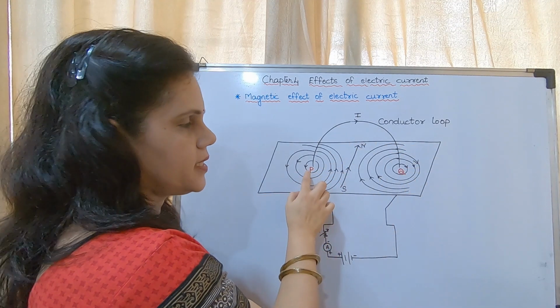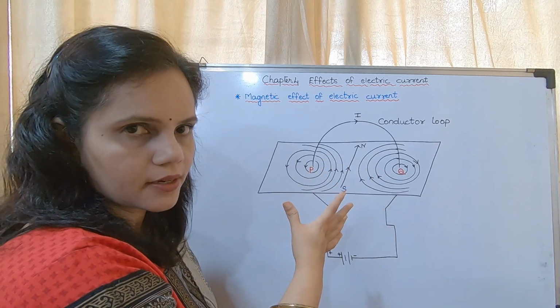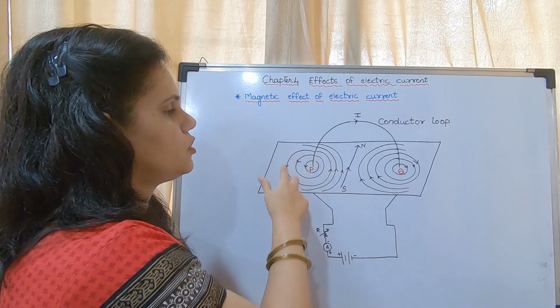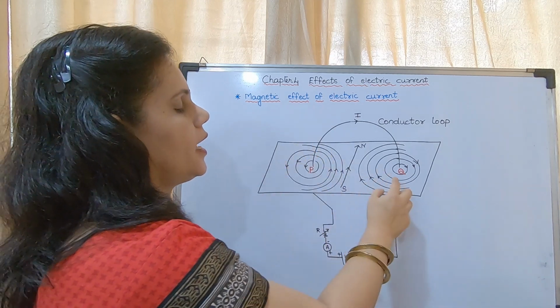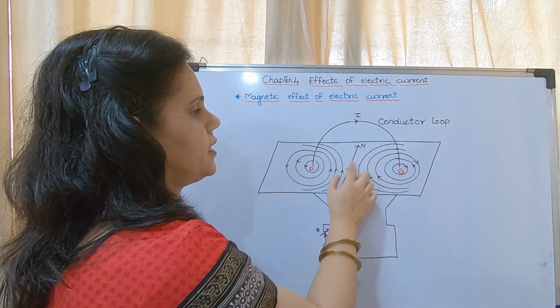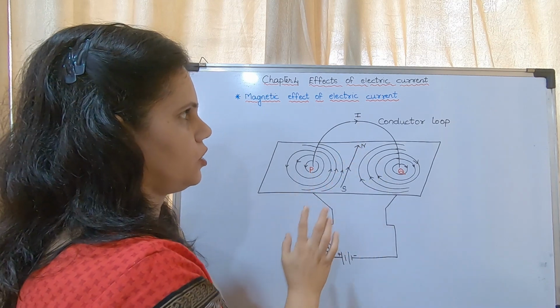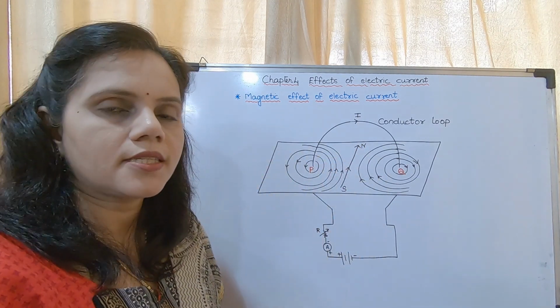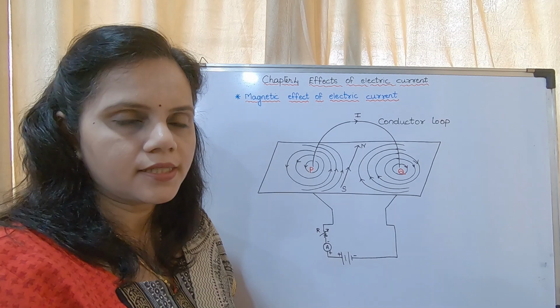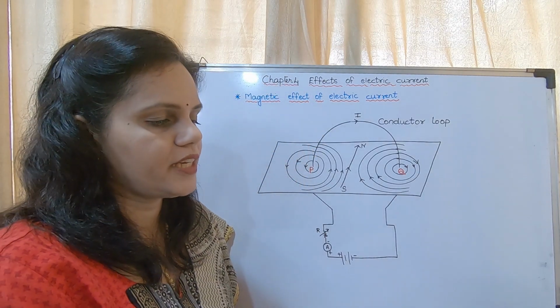So here you may see these two are opposite to each other. Okay, so these magnetic lines of force are in this direction and these magnetic lines of force are in this direction. In the center it becomes south north. This is about a circular loop. Now we may see on page number 53.